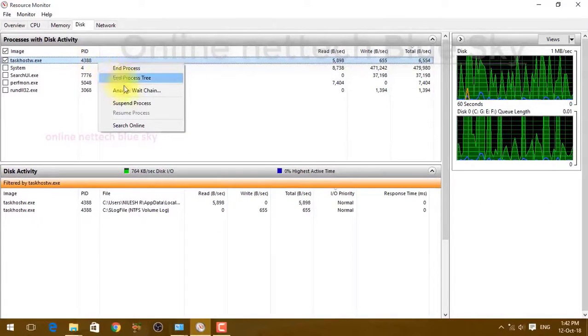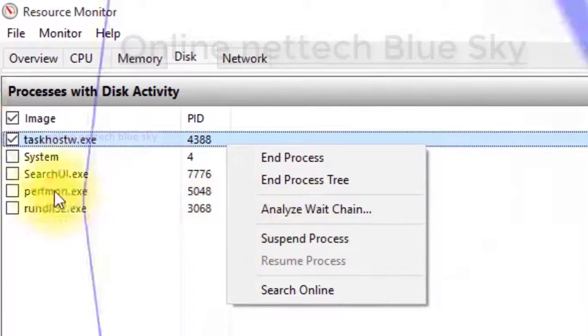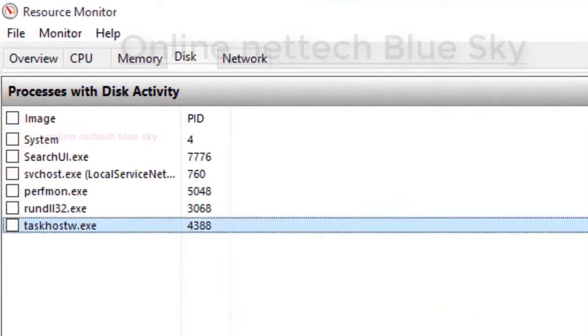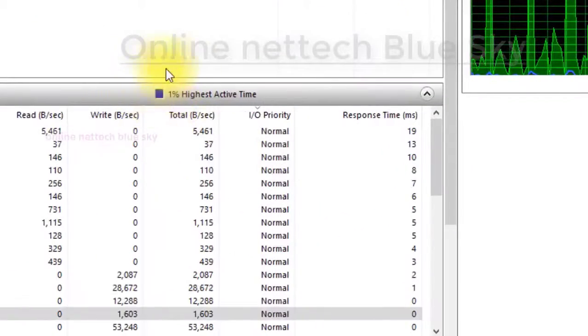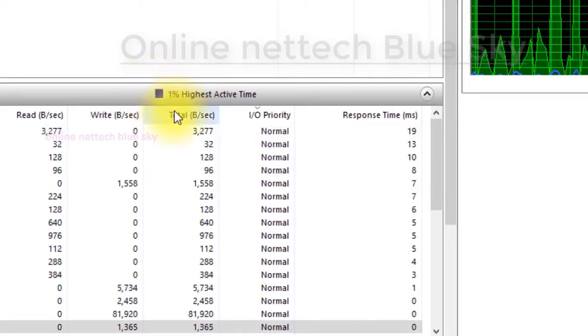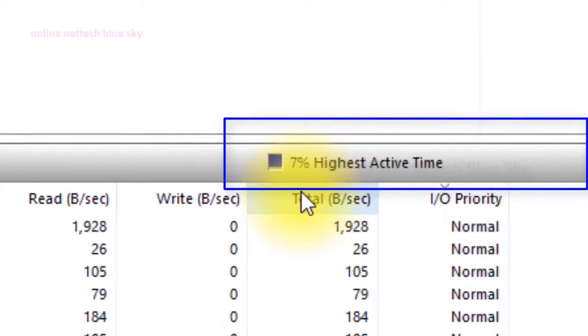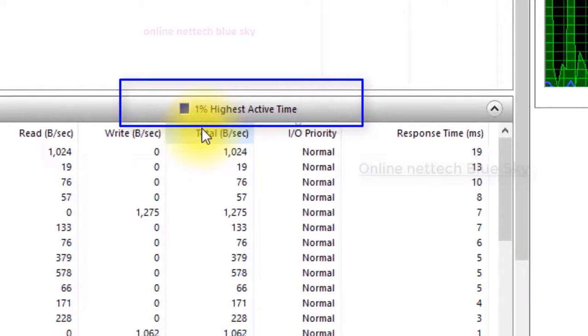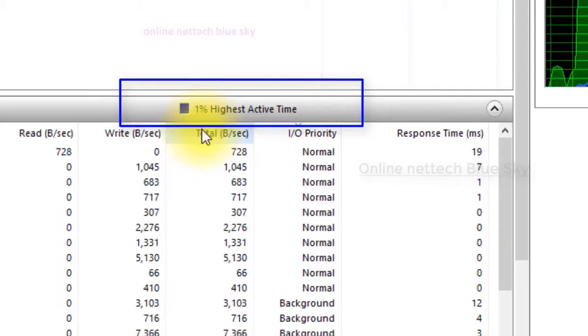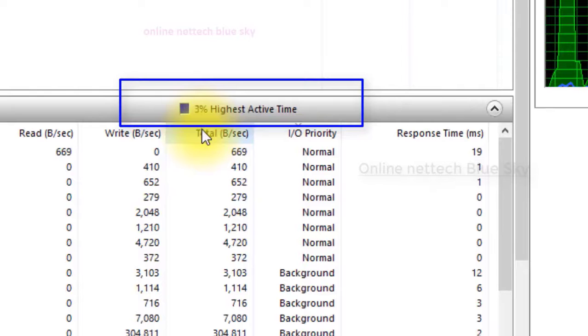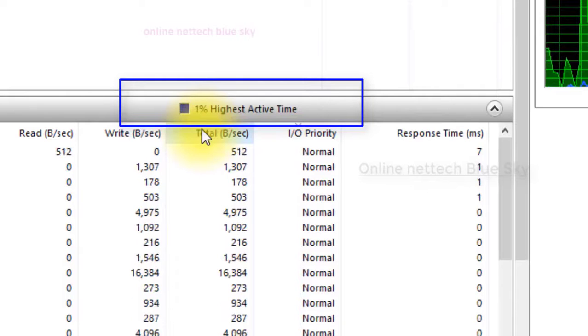This is a file for my software, in processes, because first I checked this task, and when I click you can see the same. This shows the highest activity type. Sometimes it loads your computer very heavily. If it is 98%, that means your hard disk is very slow and your computer is very slow, and some folders, files, or software need a very high-level configuration. This is the reason for 98%. In my case you can see 1%, 2%, 5%, which means there is not much load on my hard disk and my computer is running completely smoothly.